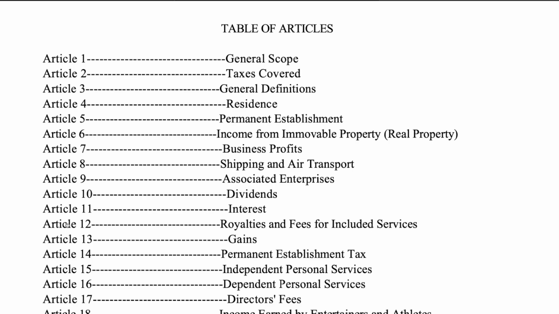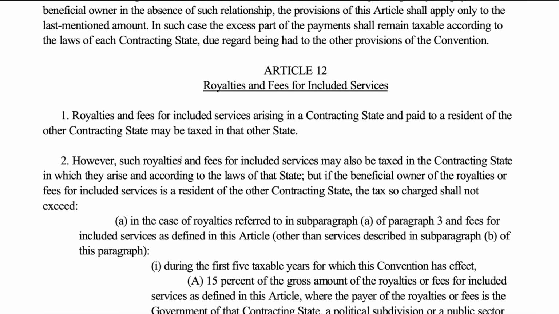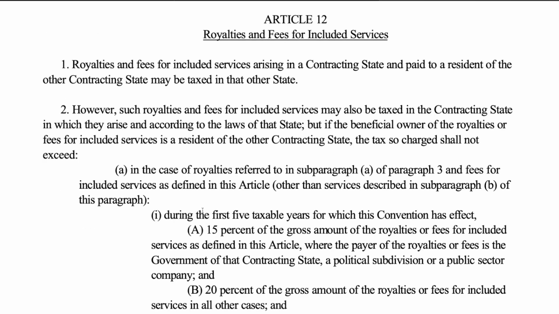Article 12.2 says royalties and fees for included services may also be taxed in the contracting state in which they arise and according to the laws of that state. But if the beneficial owner of the royalties or the fees for included services is a resident of another contracting state, which in our case is India, the tax so charged shall not exceed